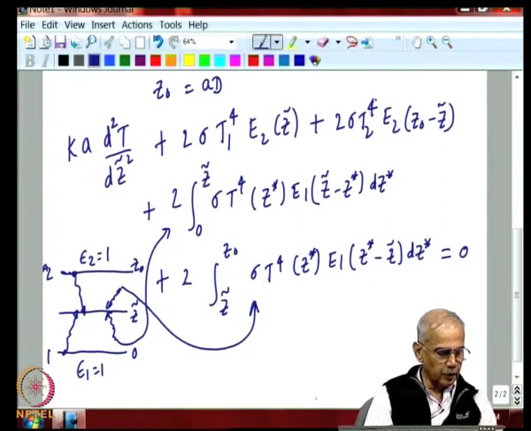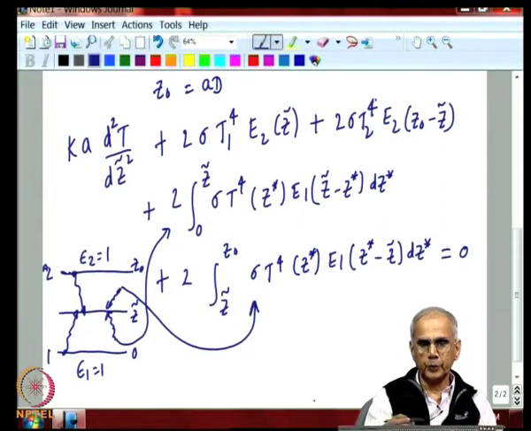Now, to proceed further, it will be good to non-dimensionalize the equations, because it enables us to extract important parameters, because ultimately this equation has to be solved on the computer. If you are going to solve on the computer, you would like to keep the number of independent parameters you have to vary to bare minimum.